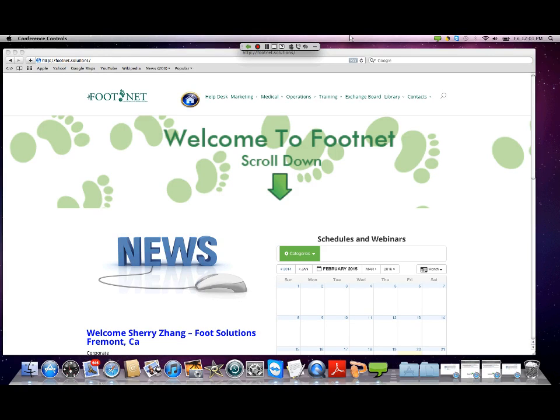This new platform for Footnet has been in the works now, as most of you know, for quite a while. The goal here really is to migrate from a version of the current Footnet that is clearly somewhat archaic and very difficult to navigate, and somewhat unuser-friendly, into a new platform that is easy to navigate, and more importantly for us here at corporate, much easier to maintain from a content